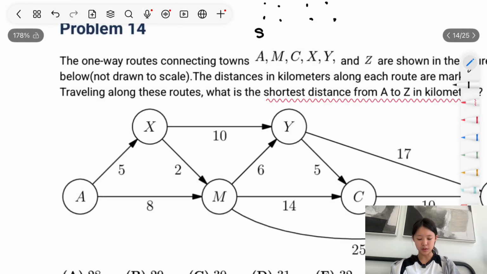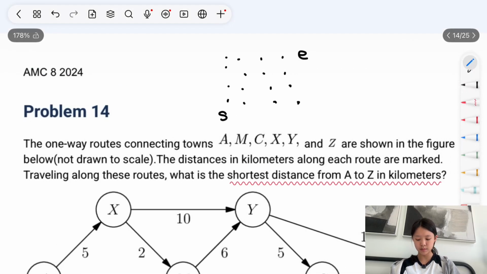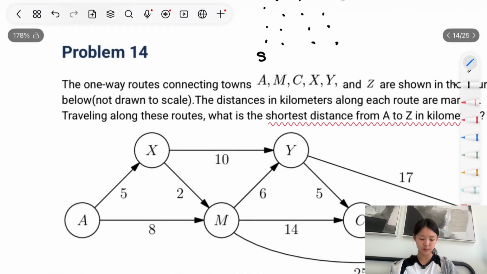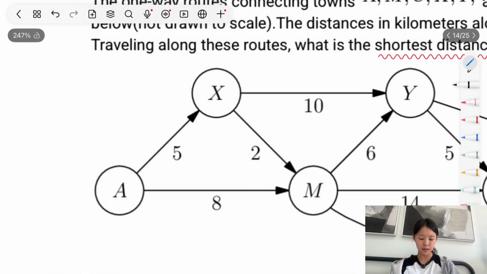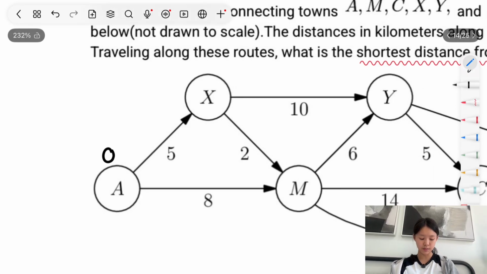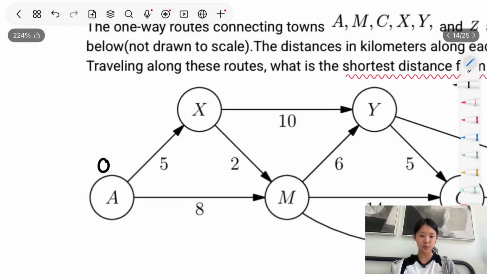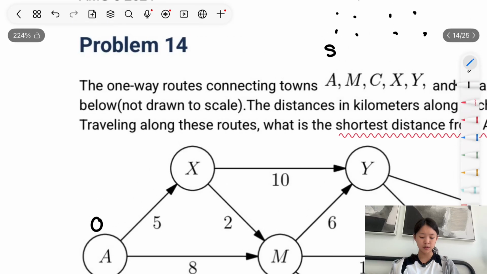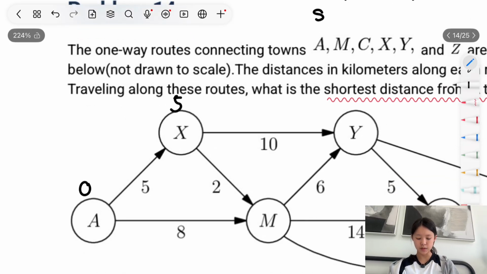So what you would do in this problem is you would find the shortest distance from here to here, and then so on for each of these until you can finally calculate onto the final ending node. So we do the same thing here as we find the shortest distance to each of the nodes within this graph. So the shortest distance to A would be 0, and to X would be 5,